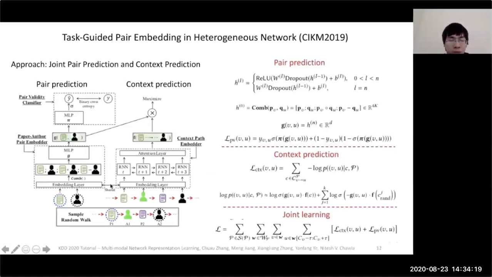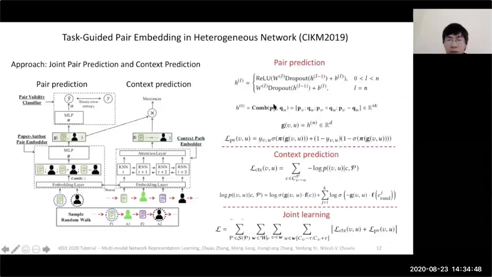This model included two major parts, the pair prediction part and the context prediction part. So in this figure, the left part is the pair prediction part, and the right part is the context prediction part. So in the pair prediction part, after getting the paper embedding and also embeddings, we can formulate the also and